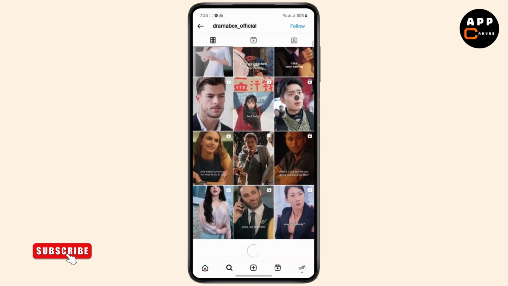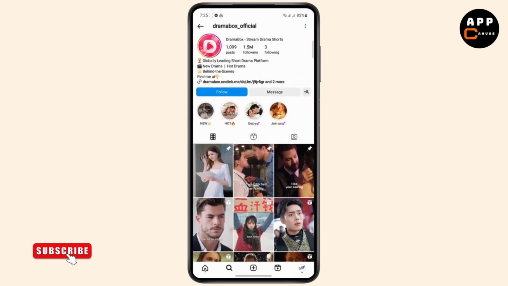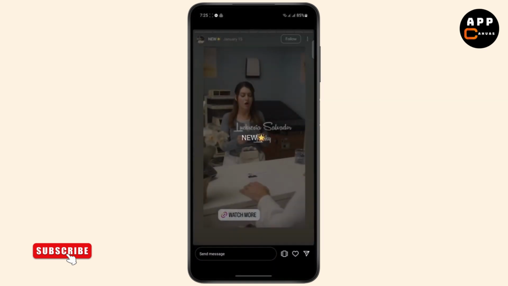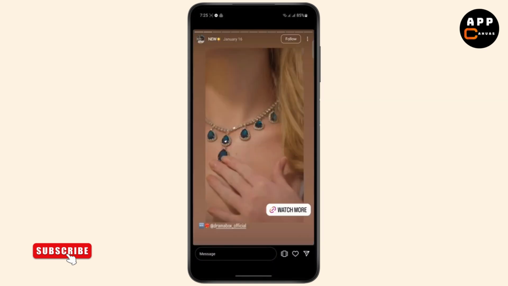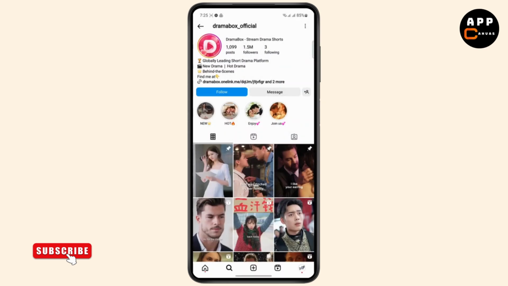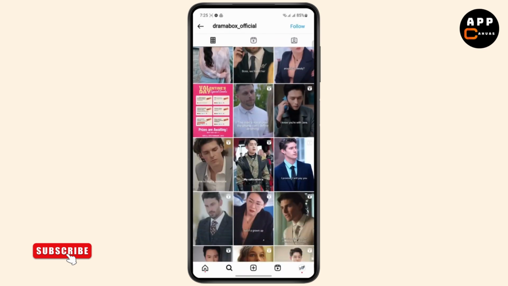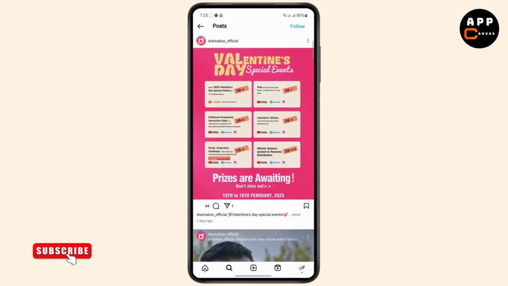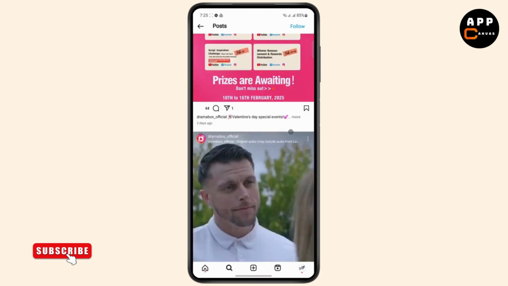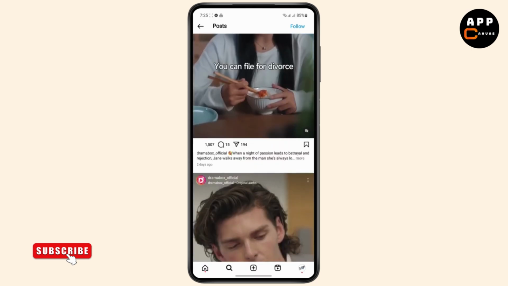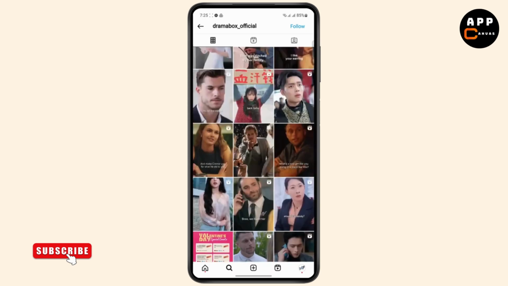So in some cases, what you can find is on these highlights, they will post free promo codes so that you can use it on your account. And if you don't see it here, you can also find it in this post section. So here are some of the prizes and things they post for their followers, so you can get the codes